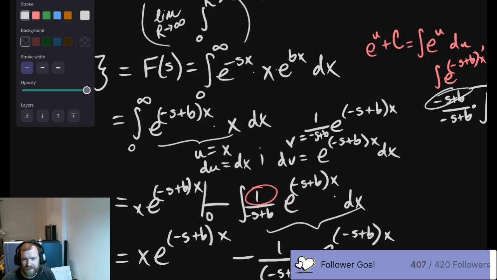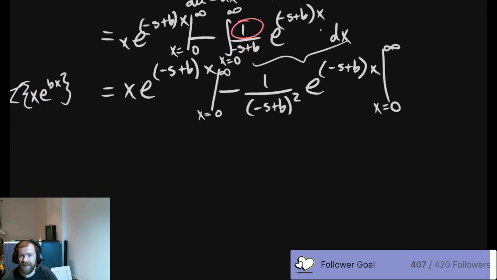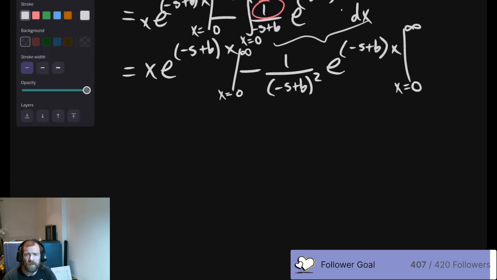Okay. All of this needs to be evaluated where x is going from 0 to infinity. I'm really sorry about that, guys. I should know better. But like I said, it has been such a long time since I've actually done these. Most of the time it's table lookups. And because you're doing a table lookup, you're just not paying attention to what things mean. See? This is what I'm on about.